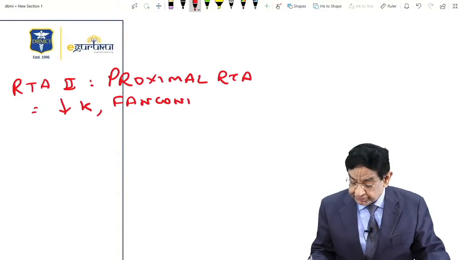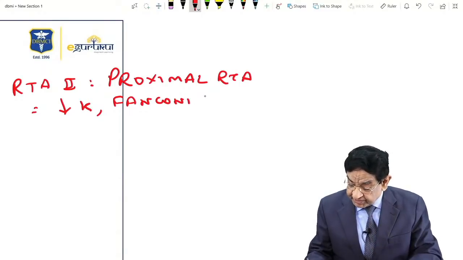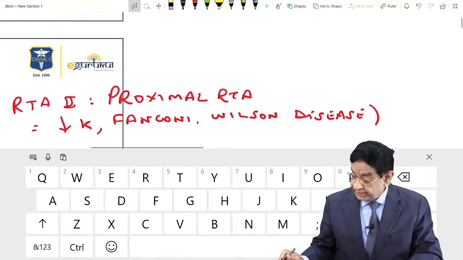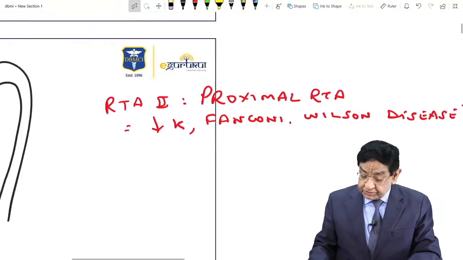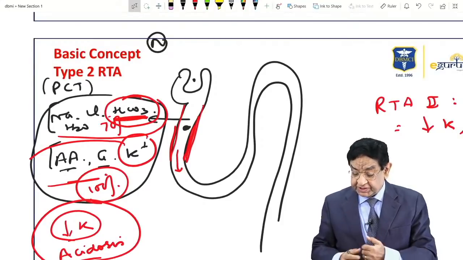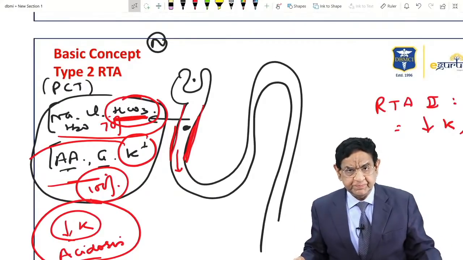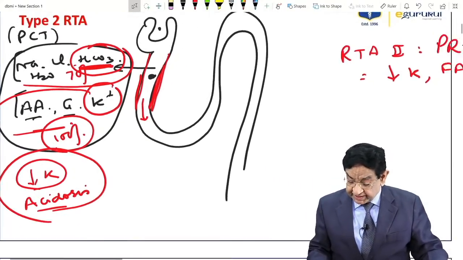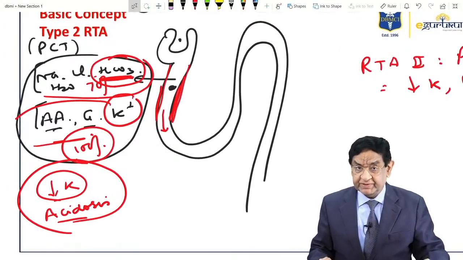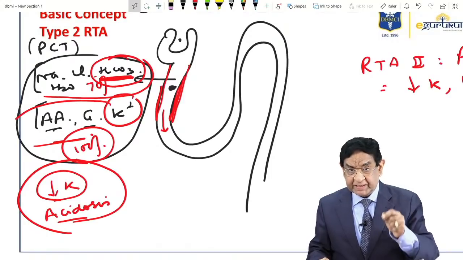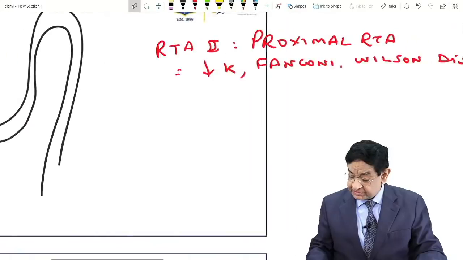Fanconi syndrome. Okay. And which Fanconi syndrome? Wilson disease. Right. So friends, in this condition, all these are lost. In fact, everything is lost. The additional thing I can write here, other than these things, are important things which are usually asked in the exam. Now, another important thing which happens in these two conditions is, write down,